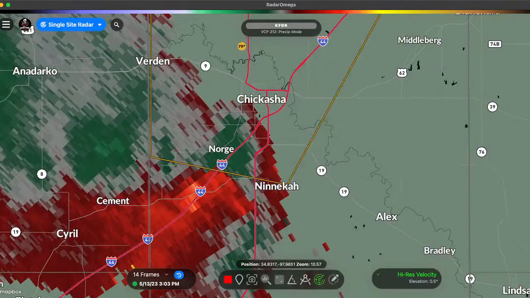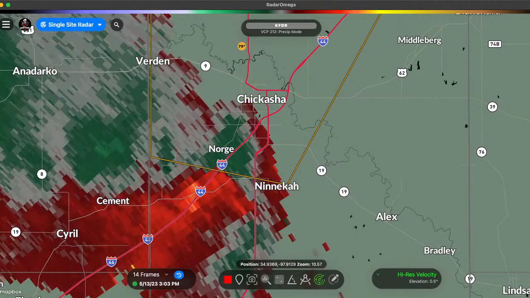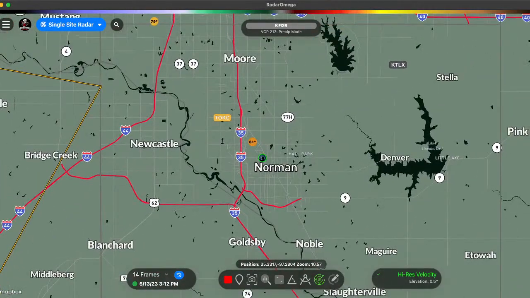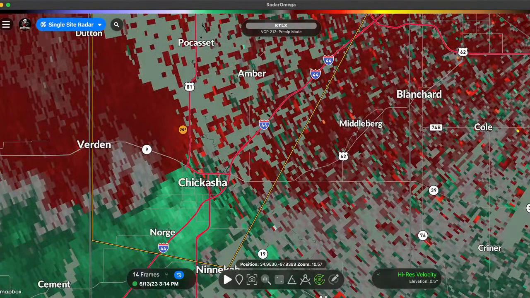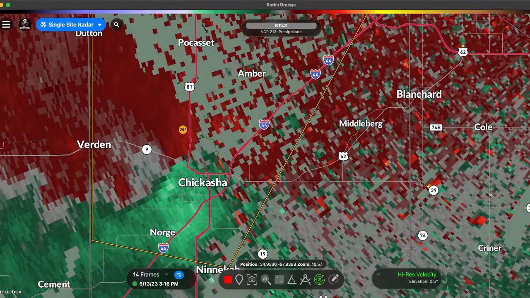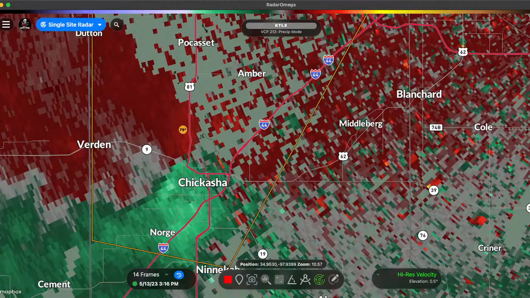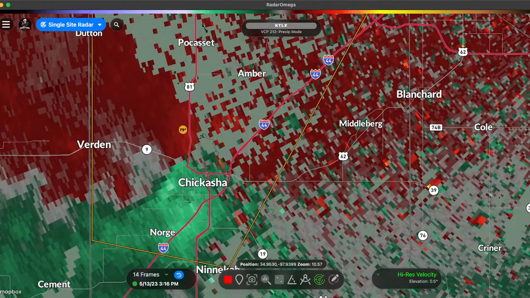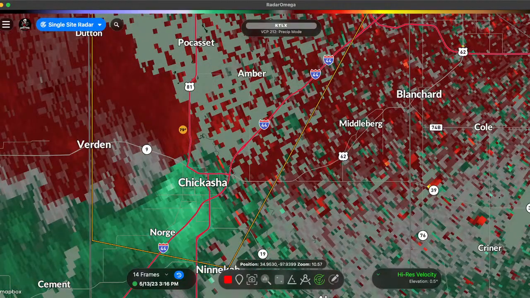Again, they're on the edge of where this radar sees. So that's the only problem with that. This one's closer to the Oklahoma City, over by Dell City. I have zero, count them, zero